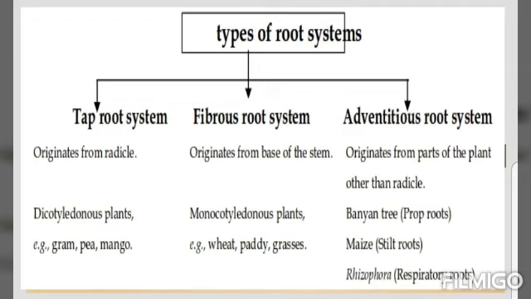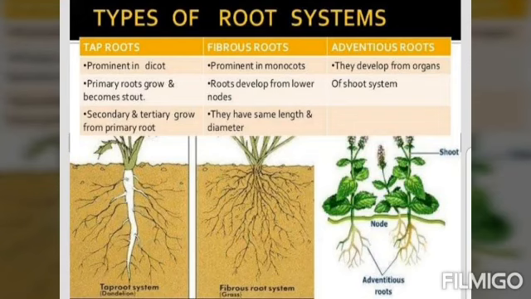stem. And in some plants, specialized structures originating from parts of the plant other than the radicle develop, and this is known as the adventitious root system. The tap root system includes the formation of a primary root which grows down into the soil. This bears lateral roots of several orders that are referred to as secondary, tertiary, etc. roots. The primary root and its branches constitute the tap root system, as you can see in the case of dicot